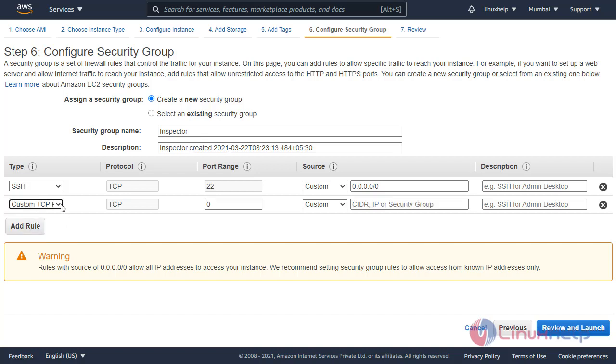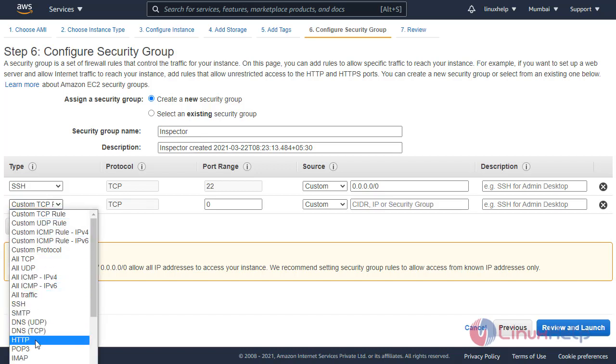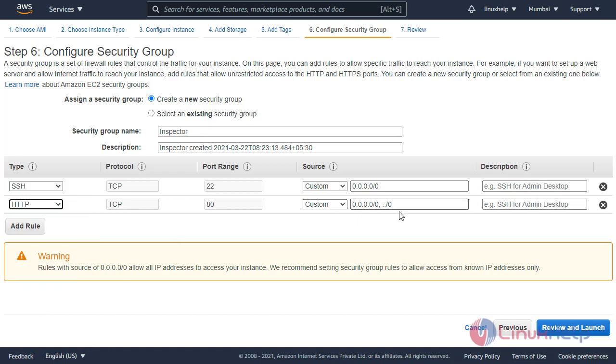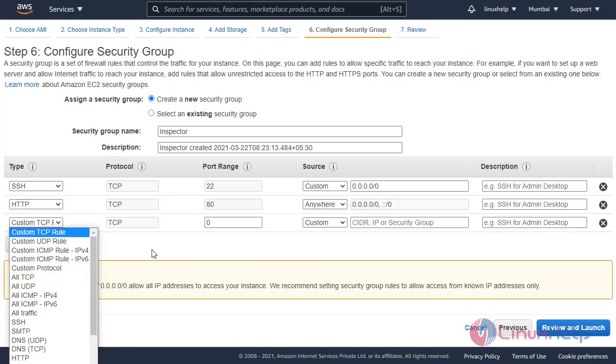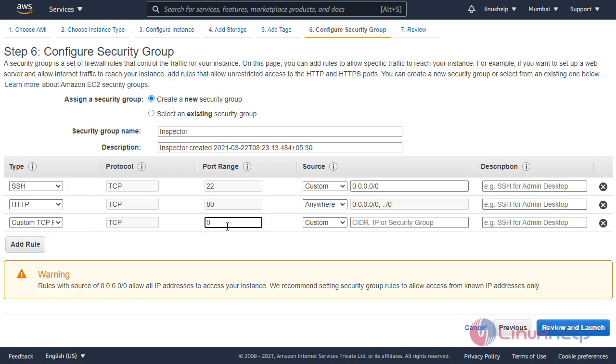Add rules. Here I'm giving HTTP also. I will add a 21 TCP port to open access, to anywhere.